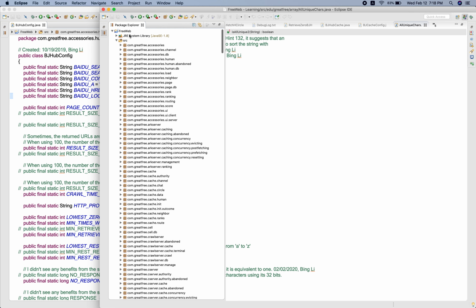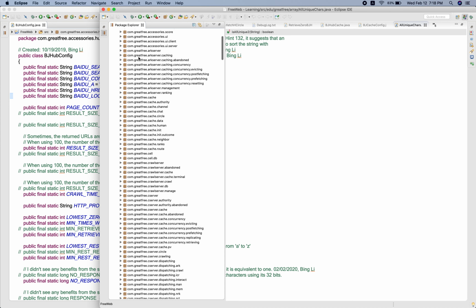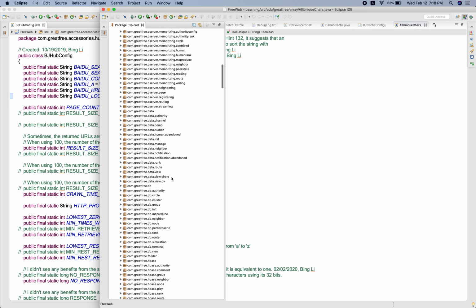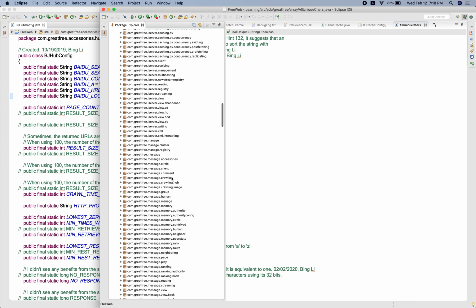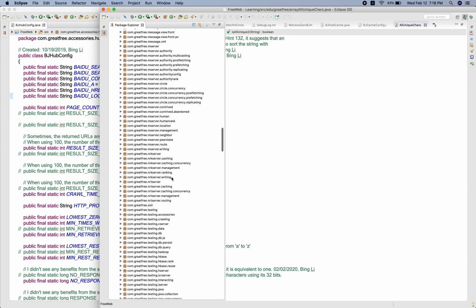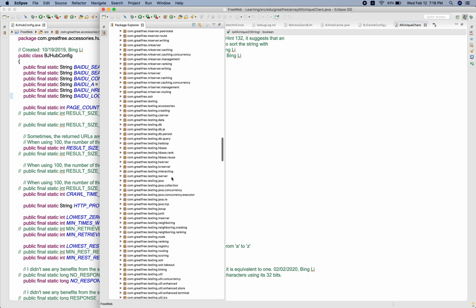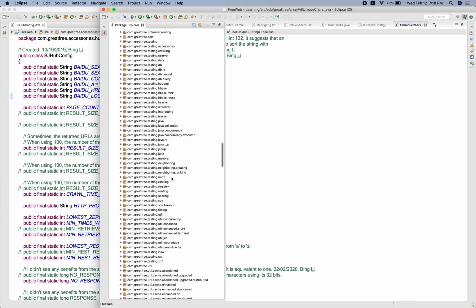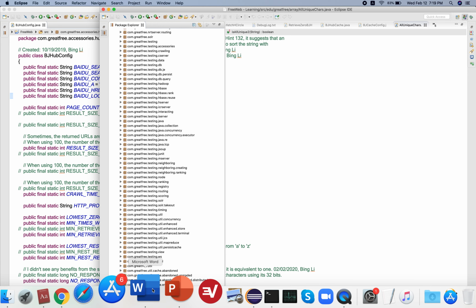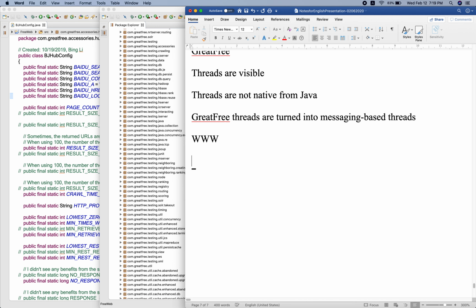Another one I want to show you is called FreeWeb. It's actually the origin of Grid-Free. You can see the large amount of code here, right? The amount of code is also huge, because I need to upgrade the traditional World Wide Web. So this project is what I call the new World Wide Web.